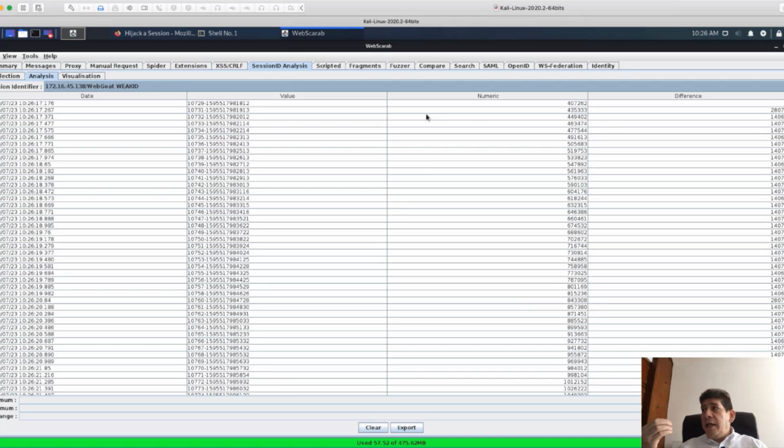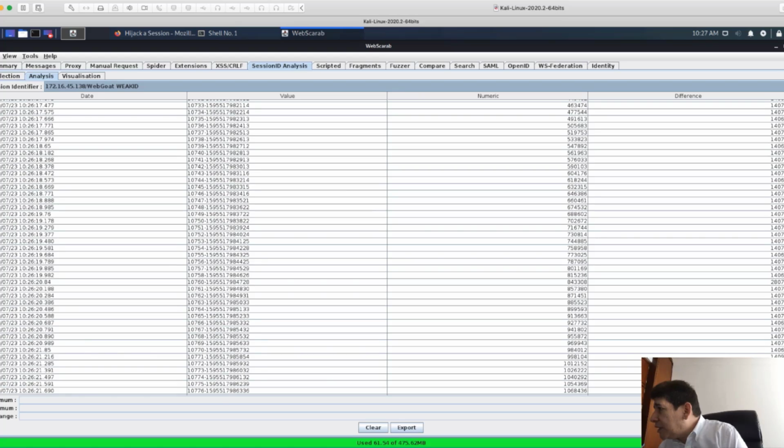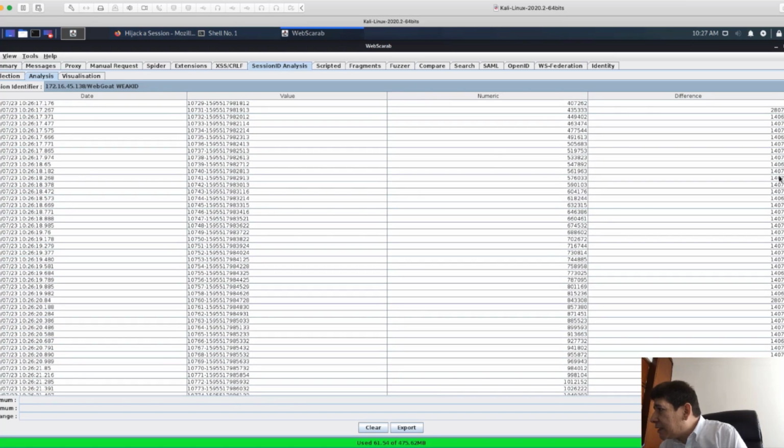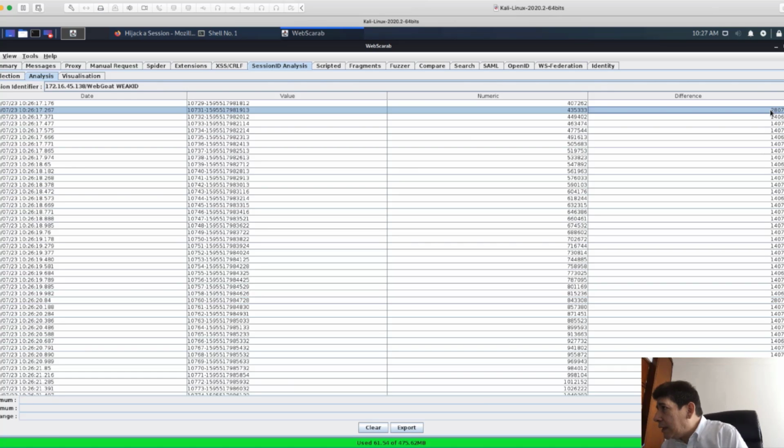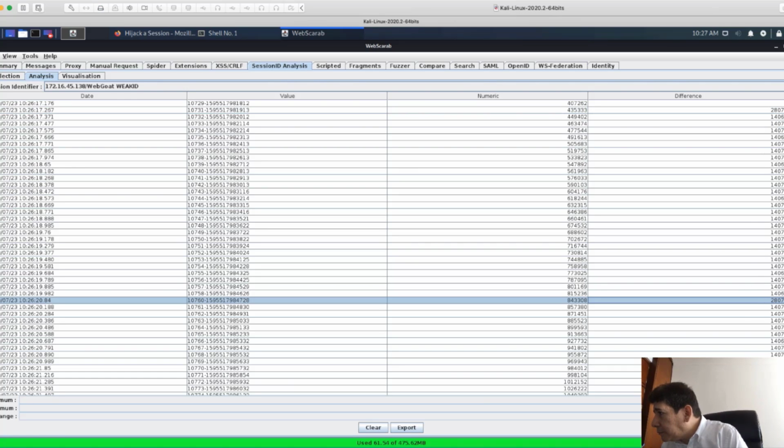What we are looking at here is a very important and simple thing to find. You see that all of them are numeric, not alphanumeric. Those are numeric, only numbers. So here we have a column called difference. You see that some of these numbers are similar, but some of them are so different. Look, this one, this one,